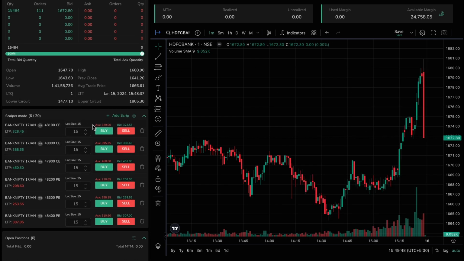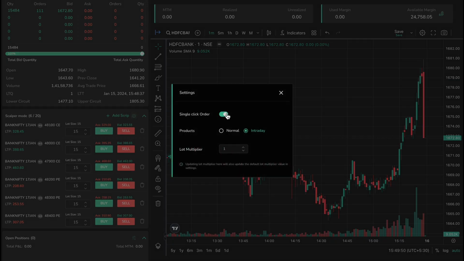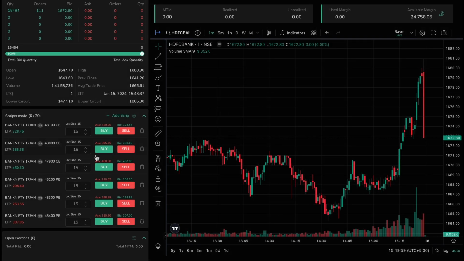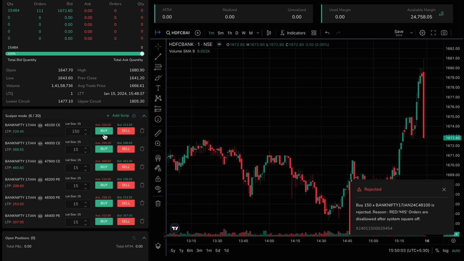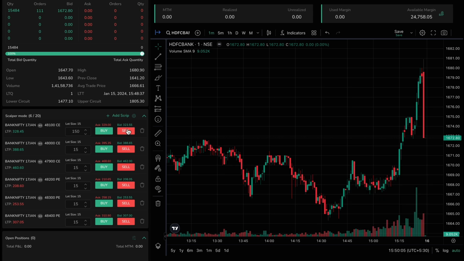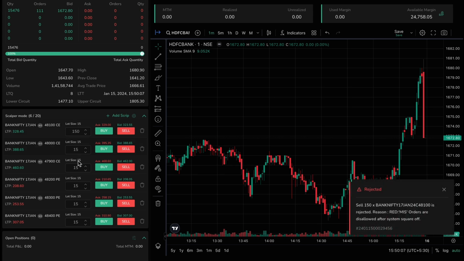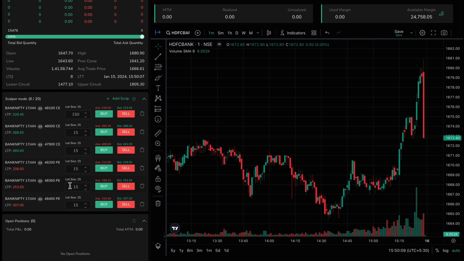We come here. Now if I come here and enable this, this will be by default not enabled. We have to go here and enable it for safety purposes. And once we click enable on single click order, we can come here, and if you want to execute 150 order, just click buy and it will execute the order, and in one click it will close the order as well. So this is useful for the traders, especially option buyers who trade expiry last 30 minutes,